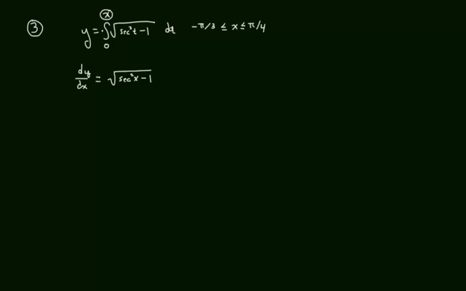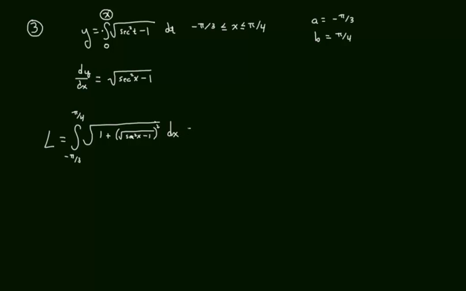So there's the derivative. And now my length is going to equal the integral from negative pi over 3 to pi over 4. In fact, I'm going to say up here a equals negative pi over 3 and b equals pi over 4, so I don't have to keep repeating those. And this will be the square root of 1 plus, now inside the parentheses is this square root, secant squared x minus 1, and that of course gets squared because the derivative gets squared in the formula,